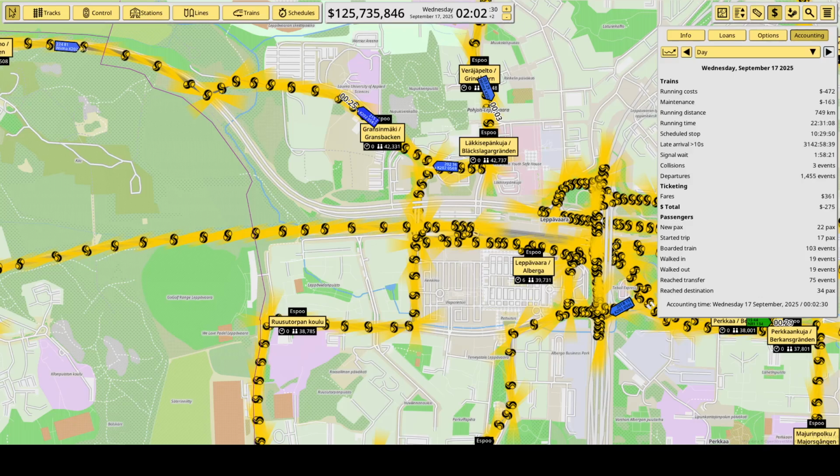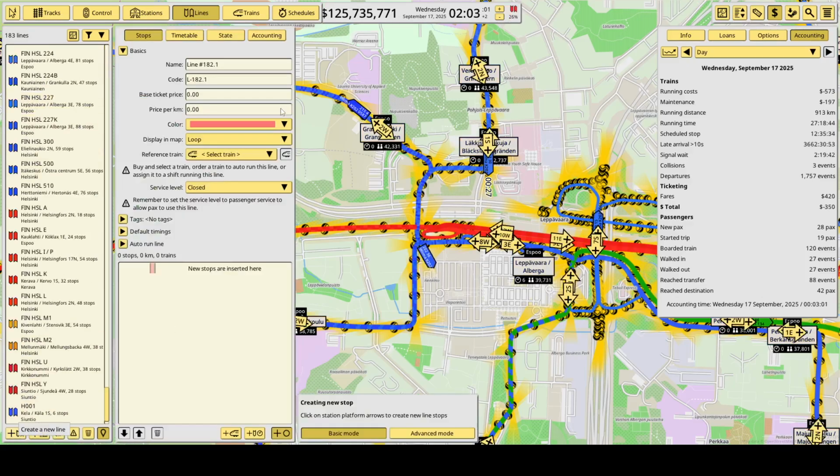Today I will be creating HSL bus line 237 if I can remember correctly. No, 236, I'm sorry. It will run from the railway station at Leppävaara to Vanha Kartano, which is a place somewhere in Espoo. I have no idea where it is and what there is, but there is a bus line running in there. As this is running in existing infrastructure, I will start by creating the line.